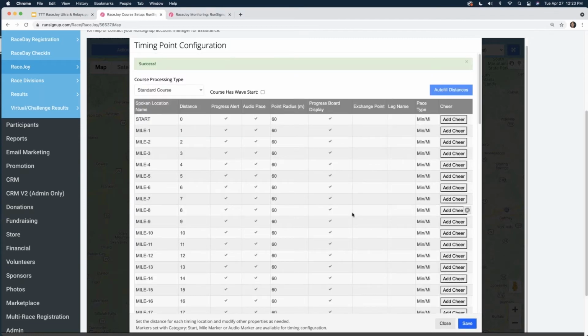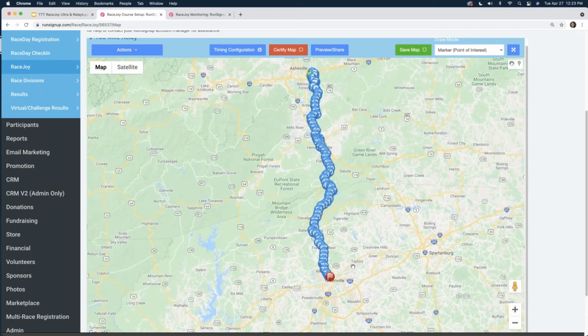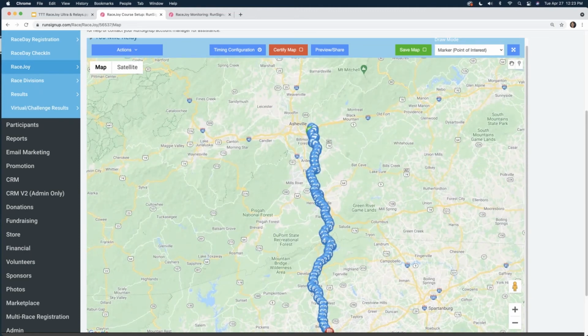So we've set up our distances and we've got everything kind of looking all good here. Nothing has changed too much here. So obviously with these relays, the biggest difference is we want to be able to add the exchange locations. And so adding an exchange location is very similar to adding a turnaround marker or an audio cue. There's obviously a couple of setup differences, but in terms of the process of getting a marker added, it is